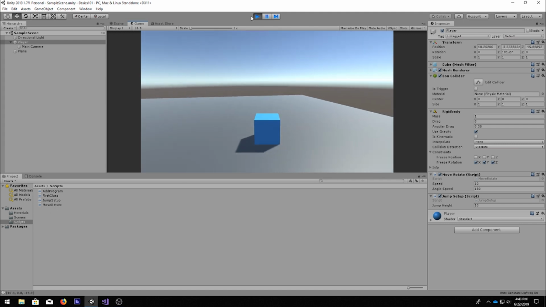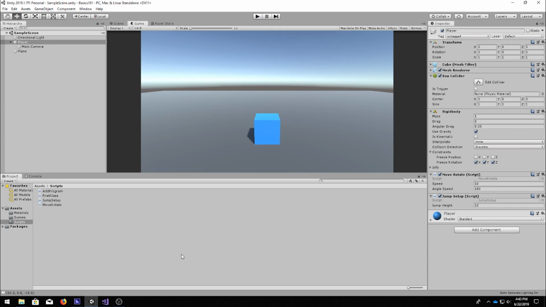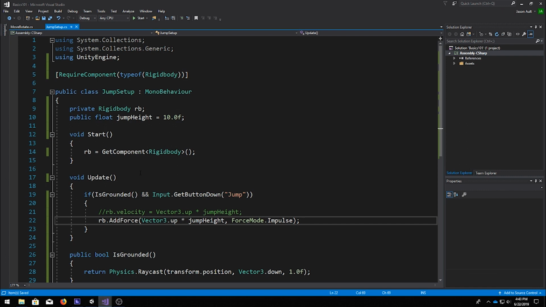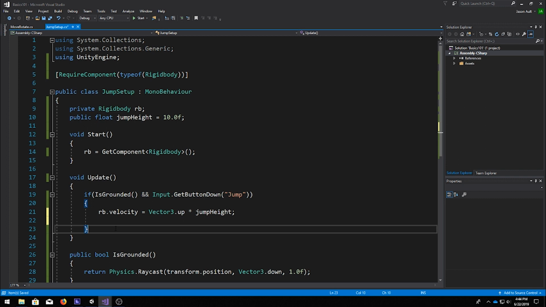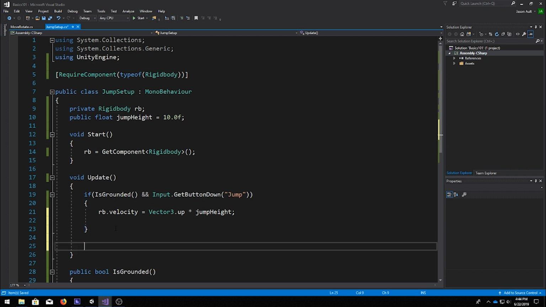Now you could do different things where maybe you want to add a continuous force. So let's say we have this one for our jump. And let's take this off. So I'll cut that out. And let's say we want to make it so if we press jump at any time, so if